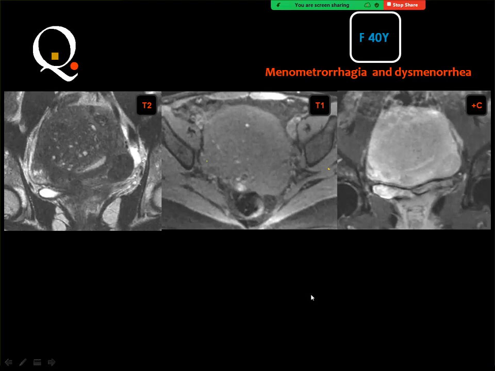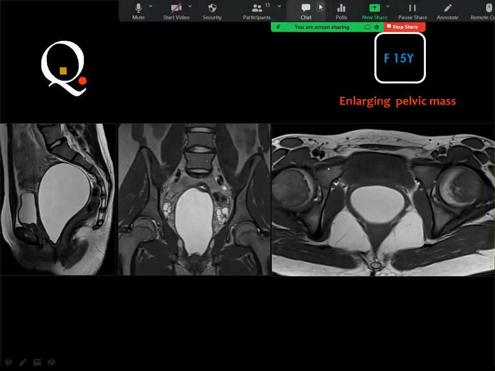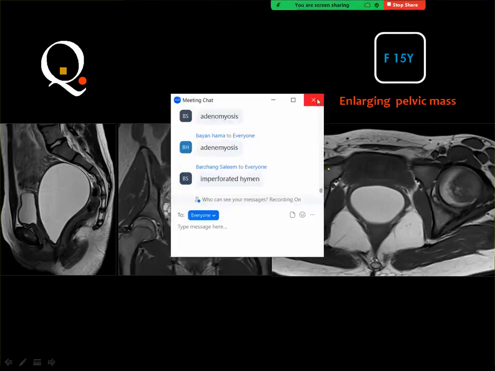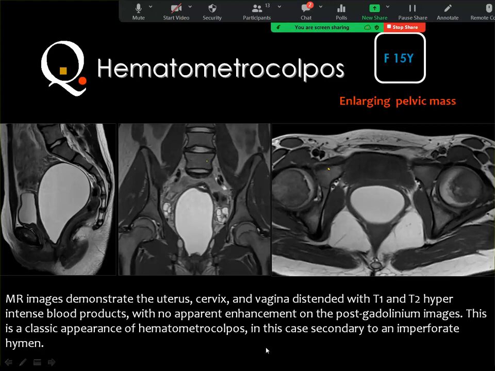enhance with contrast material. Then the next case is a 15 years old female with enlarging pelvic mass. Imperforate hymen with hematometria and hematocolpus. I mean, this is the vagina, which is markedly distended by fluid, and in this age group you consider blood. Then this is hematocolpus. If you also can identify that the uterus is involved, but you cannot identify this in these images, and